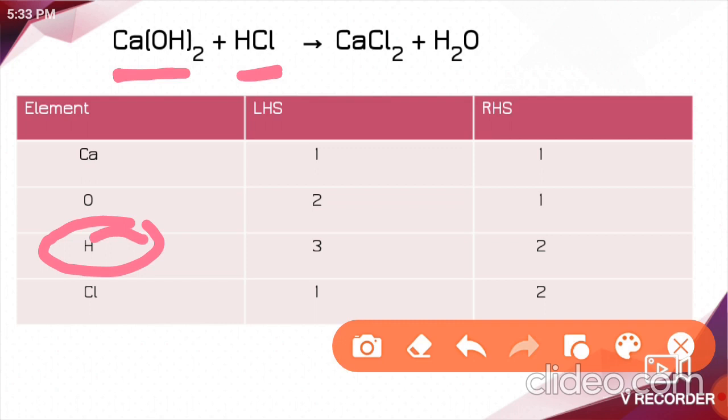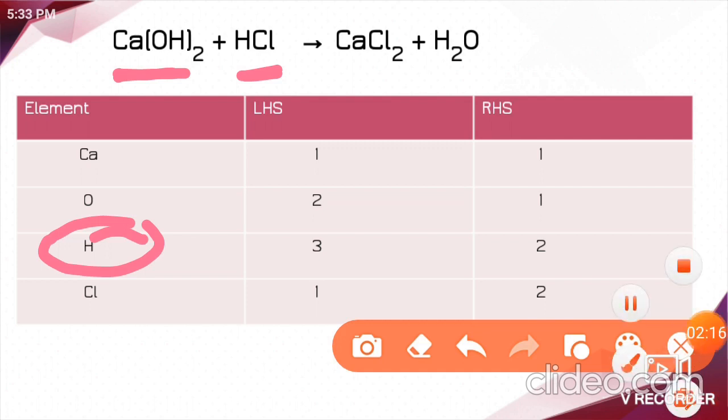Okay, in general what I can tell you is, in some reactions always try to balance oxygen and hydrogen at last. Got it? So just keep this point in mind. Always try to balance oxygen and hydrogen at last. But in this reaction only hydrogen is present in more than one formula, right? So I will try to balance the hydrogen at last. First you balance the remaining. Okay, got it? Yes. So I will keep the hydrogen for last.